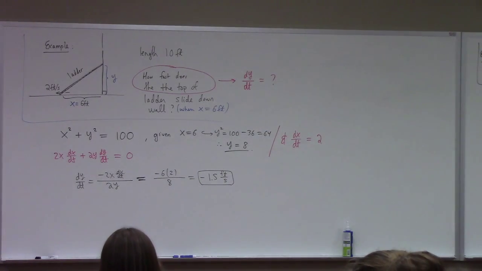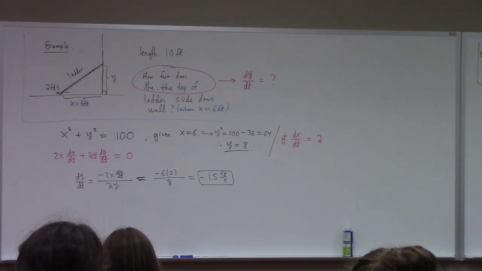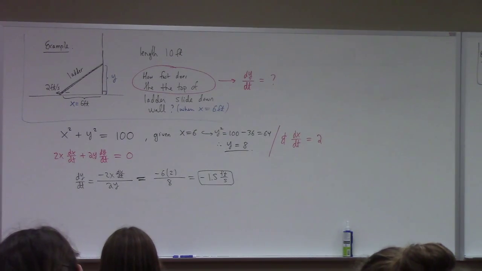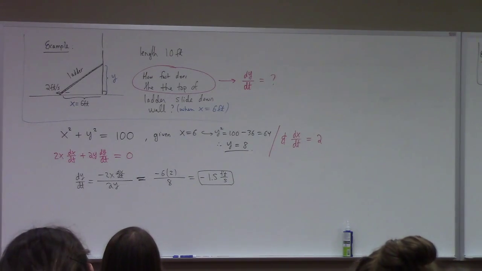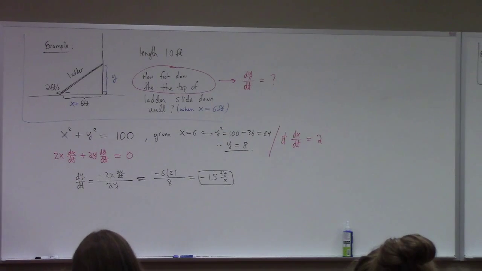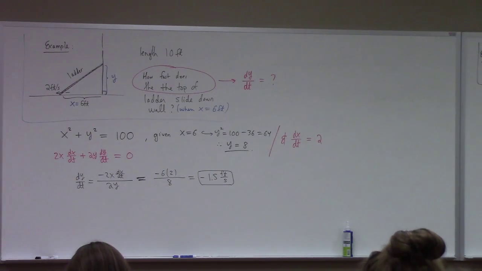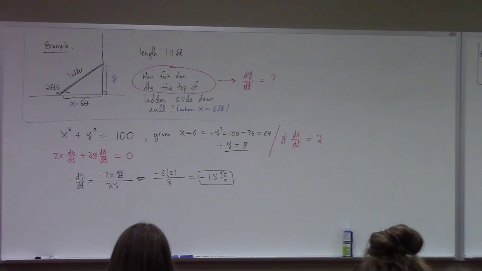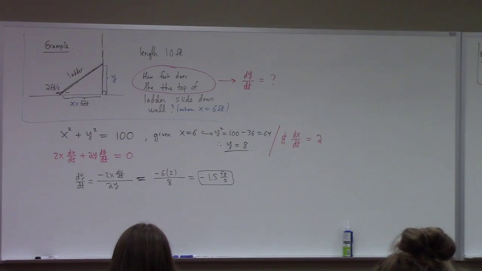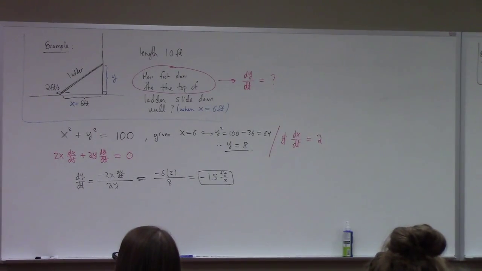Why is it negative? Why is it negative 1.5? Because it's falling. Okay. Yeah. Because the value for y is decreasing. Y is getting smaller. So we should expect that minus, yeah. Now it's a question of language, right? If I said how fast is it decreasing, you could say that the rate is 1.5. But I'll try not